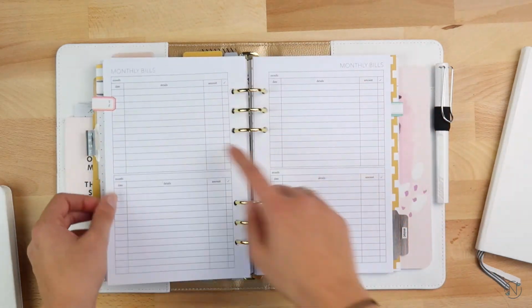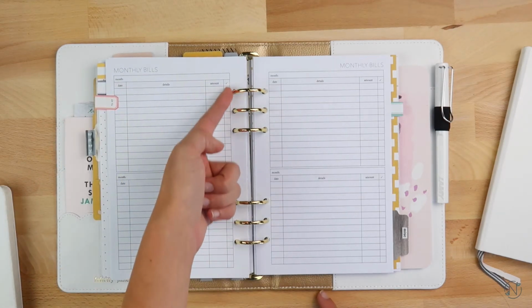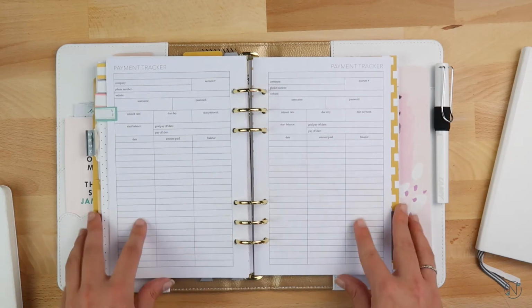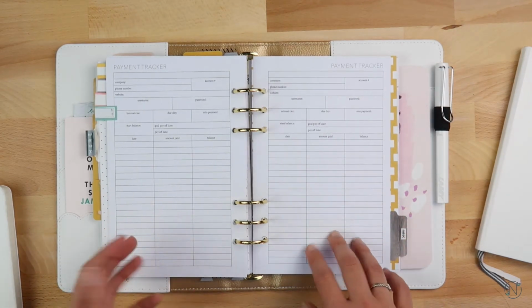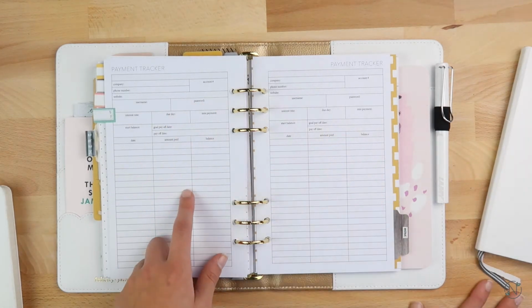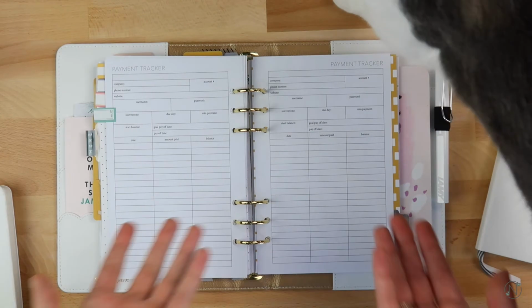Then we go into the bills section. I put my monthly bills here, how much they're going to be, and then I mark them off when I pay them. Simple enough. Then I have a payment tracker. This is to keep track of debt and stuff. I don't use this section very much. I did fill out one for my car because my car is a large expense that